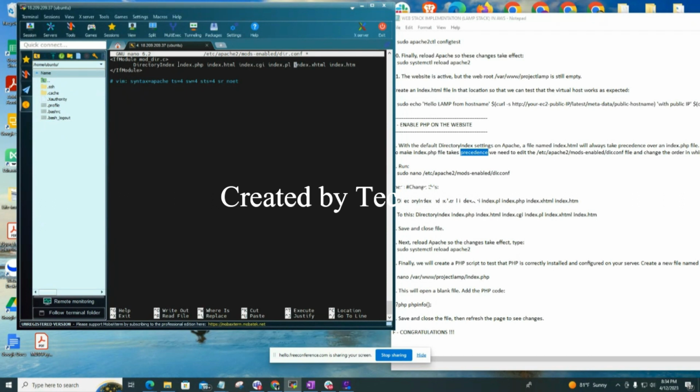Now, who is the first? The first is index.php. So at this point, what I'm saying is, if I have index.php and index.html in the same folder, it is index.php that will open on the web browser. It will not even act as if index.html exists. That's what we're doing here. But the default configuration was HTML first. So once you change that, you can now hit